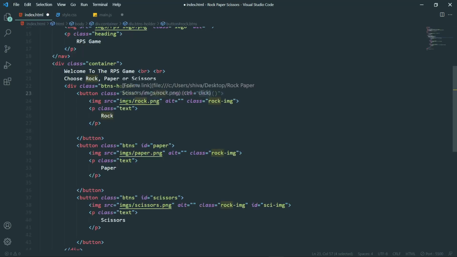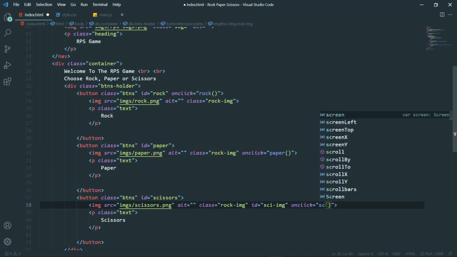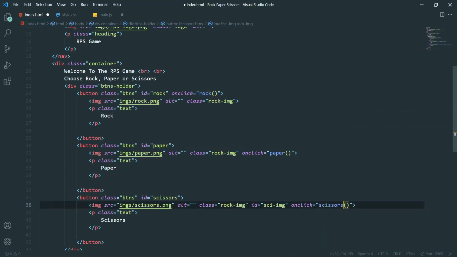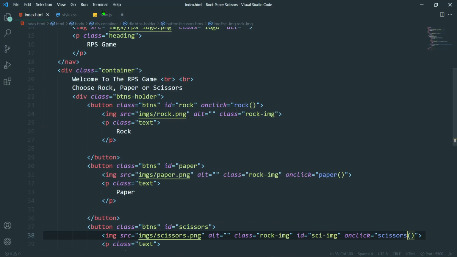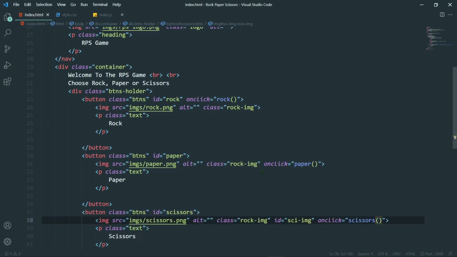So rock, and after that let's copy this and paste it over here: rock, paper, and then scissors. Let me show you that this works. So let's make this rock function.